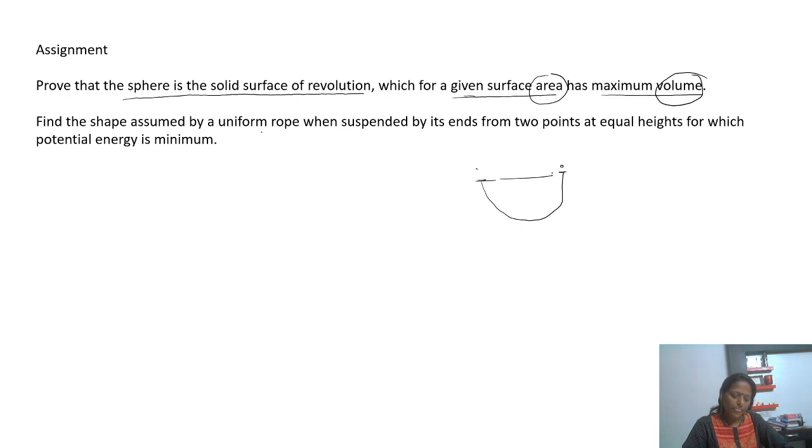तो इस तरह से रोप है सस्पेंडेड, दो एंड से, दोनों एक ही लेवल में है, इक्वल हाइट पर है, फॉर विच पोटेंशियल एनर्जी इज मिनिमम। अब यहाँ पे आपका जो आई है वो क्या है, पोटेंशियल एनर्जी फंक्शनल है, तो आई तो यहाँ से निकलेगा जिसे आपको मिनिमाइज कराना है। और क्योंकि यूनिफॉर्म रोप है तो ये रोप की लेंथ को आप फिक्स मान लेंगे, तो पेरीमीटर फिक्स हो गई, वो जे बन गया। एक आई मिल गया, एक जे मिल गया। अब दोनों की हेल्प से आप इसको लैग्रेंजेस मल्टीप्लायर मेथड से निकाल सकते हैं। तो आप इसे सॉल्व करके देखिएगा।